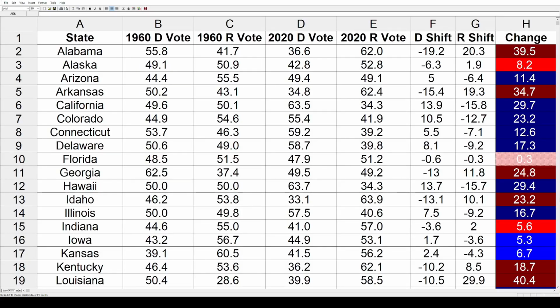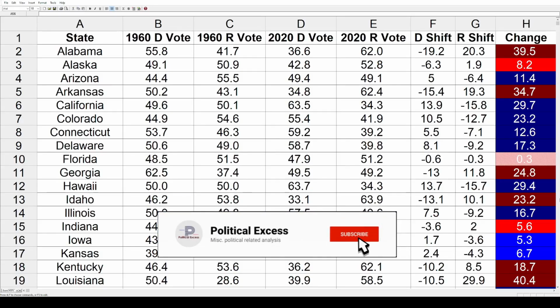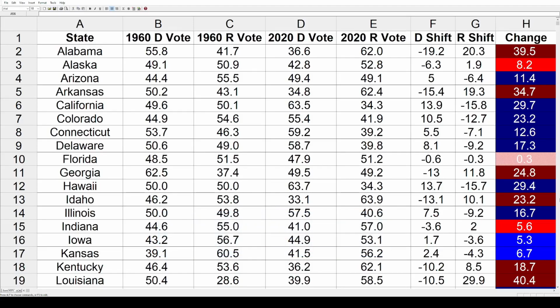This time we've got 1960 to 2020. That's a 60-year span, a lot of interesting changes. If you don't want to see all the boring data, there will be a link to the map down below in the description. But if you do want to hear a little bit of background about these elections, here is